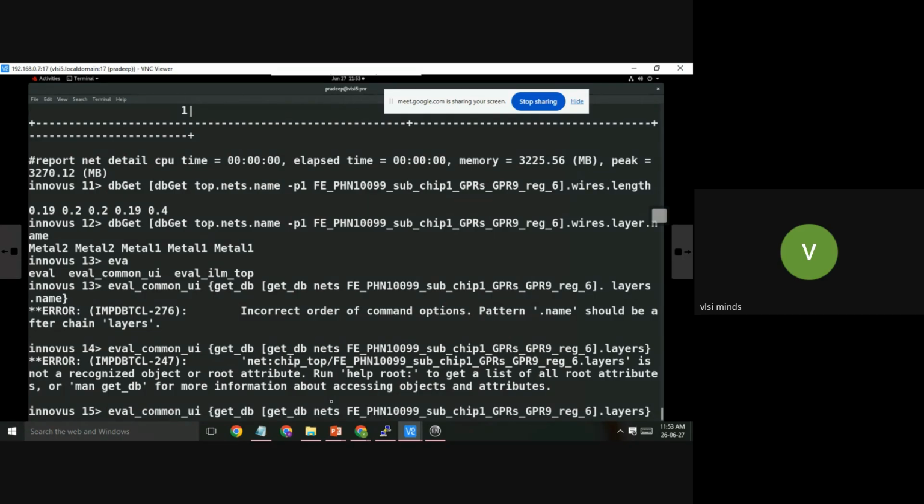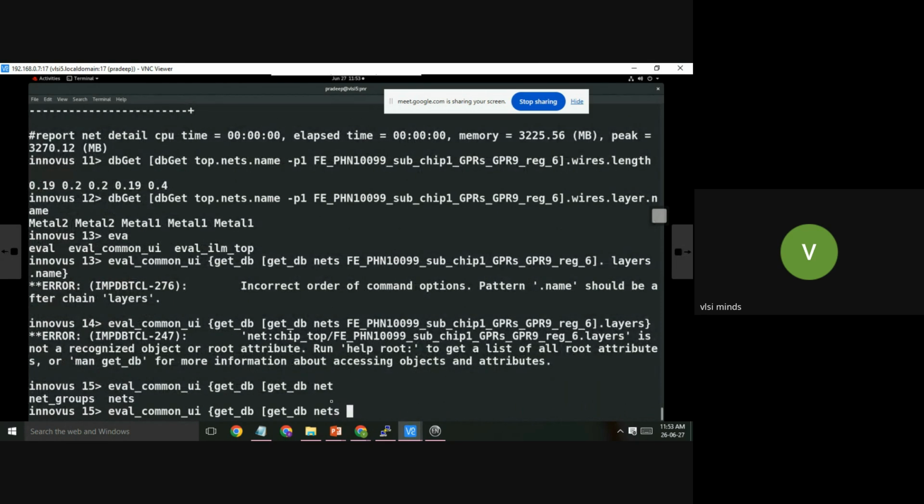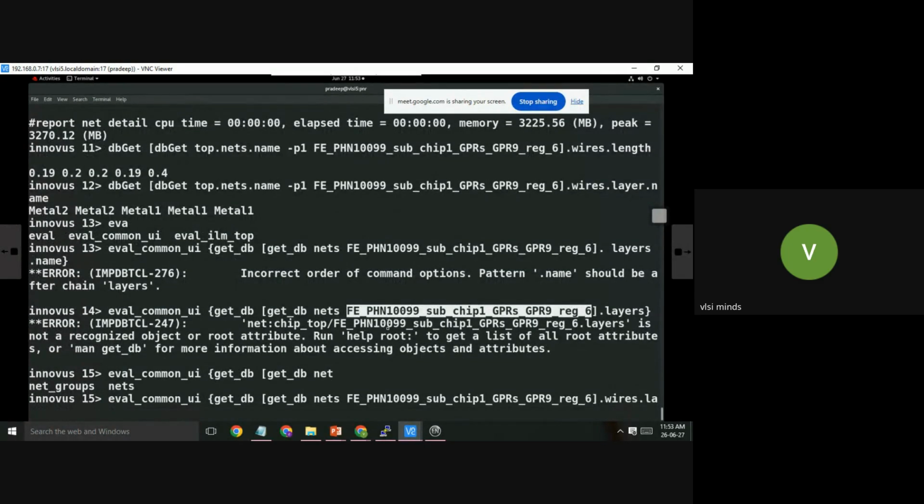What is the mistake I have done here? Get_db nets. Here dot ys dot layer dot name.